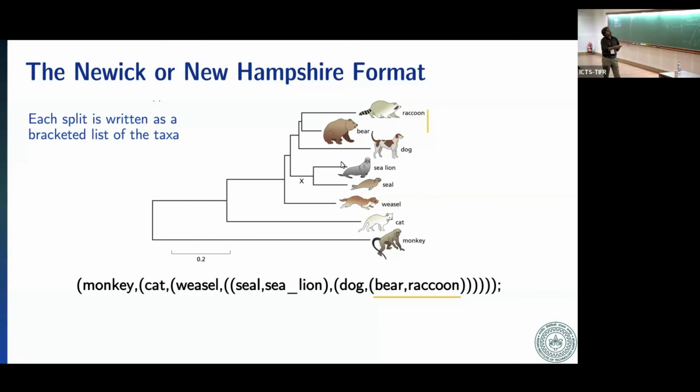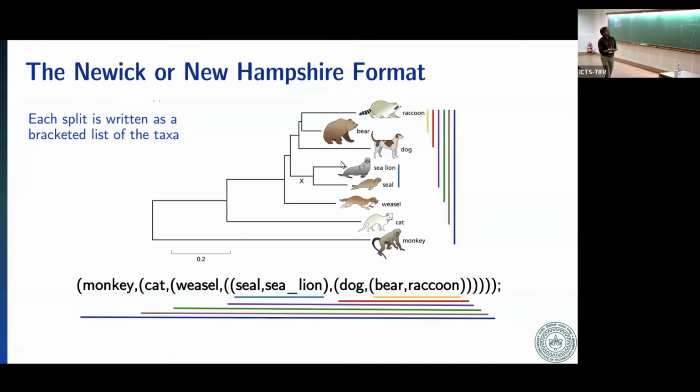Then we see bear, raccoon and dog, they are also forming another clade. Okay, so this is basically a split. Bear, raccoon and dog are on one side of the split, everything else is on the other side of the split. So that is represented over here, dog, bear and raccoon. Okay, so if we go on like this, then we can see that everything will be represented like this. Okay,